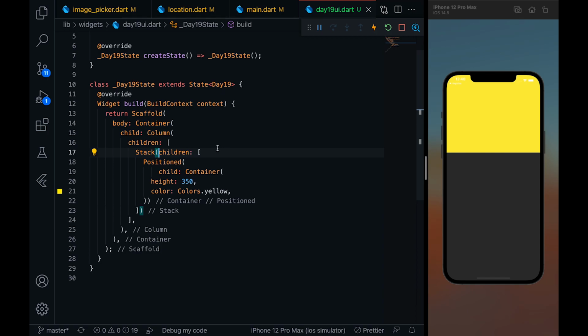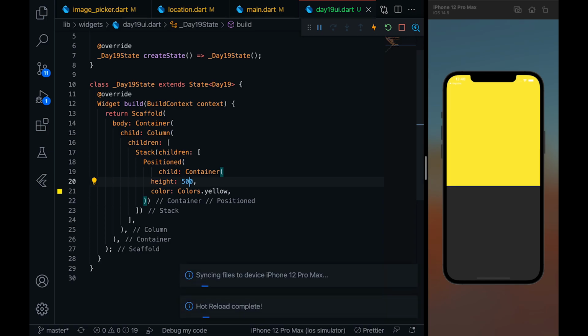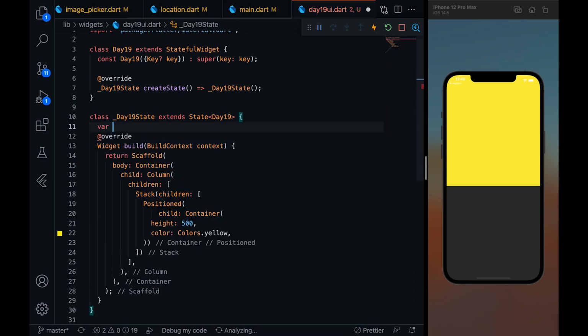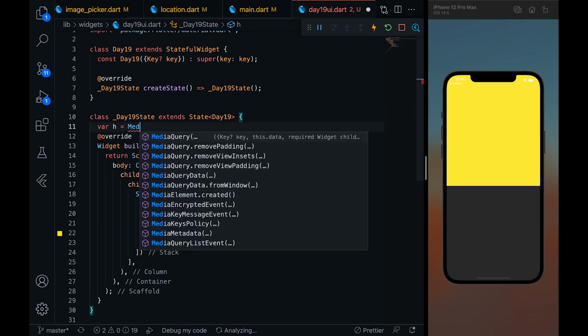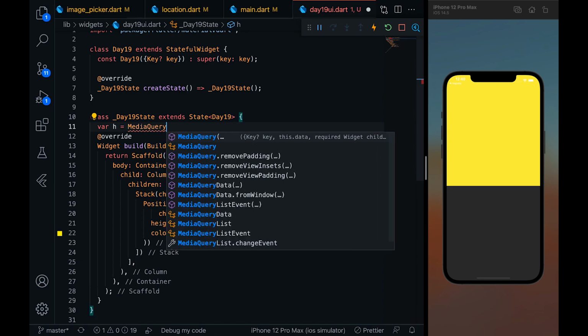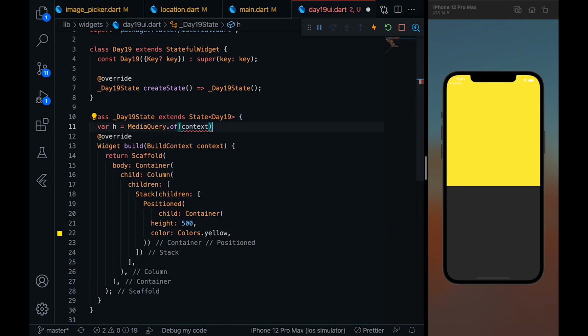You can see that 350 height is something over here, so I can just increase the height to, let's say, 500. You can also use the height of the mobile screen using MediaQuery.of(context).size.height. I think we should do that. So I'm going to create two variables where h is equal to MediaQuery.of(context).size.height.